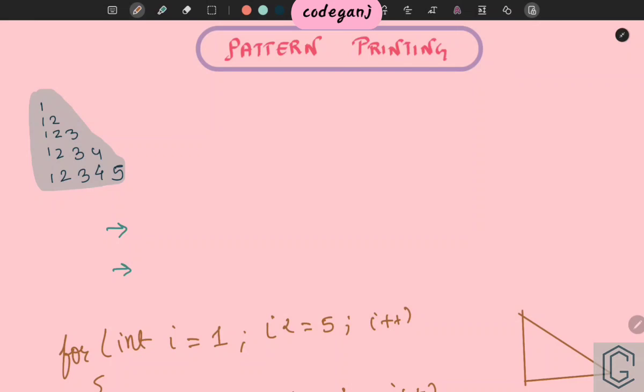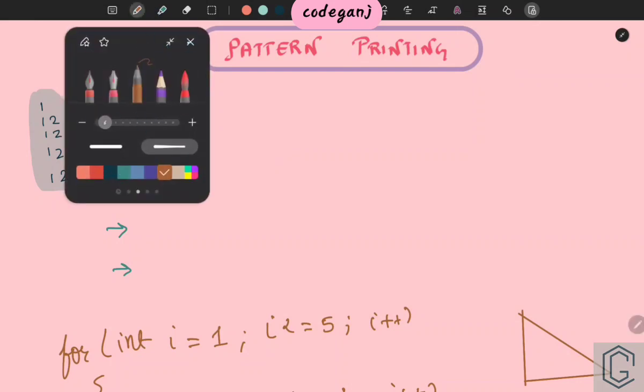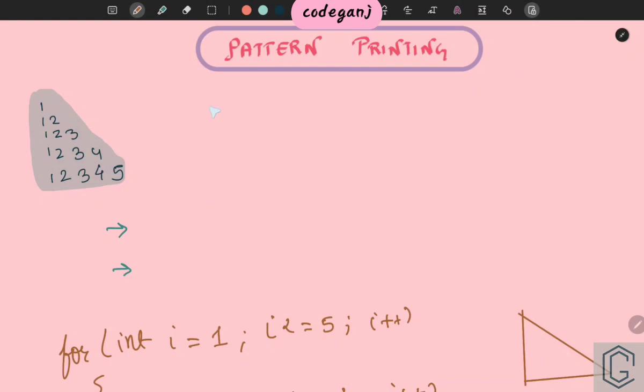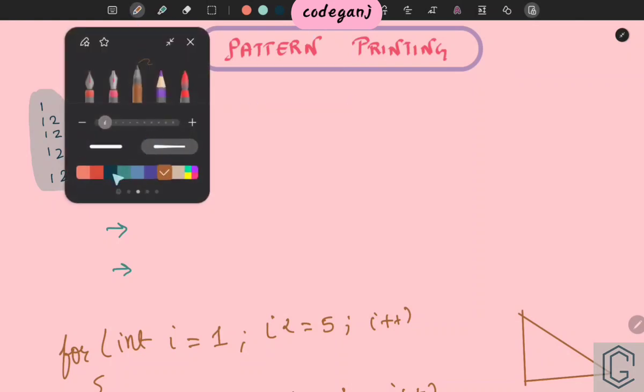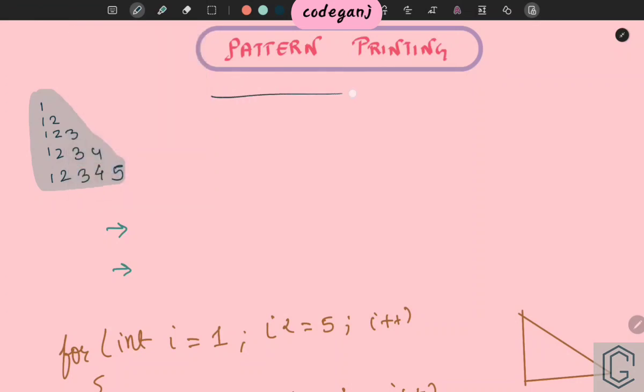First of all we need to understand in what way we can print these things, this kind of a triangle, this kind of a triangle. There are different types of triangles, and there are certain tricks or tips that I can give you for this. So let us see the very first question. If I want to broadly classify this, what do you see mostly?